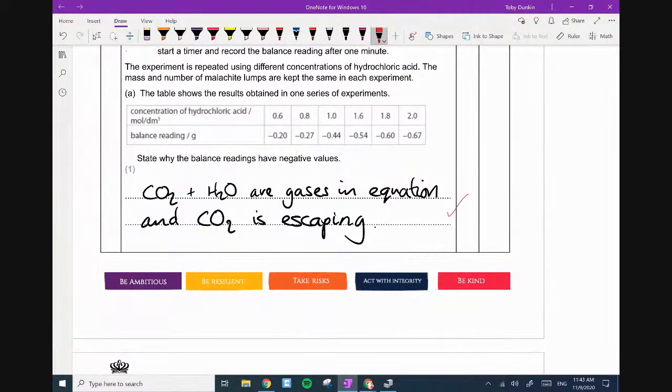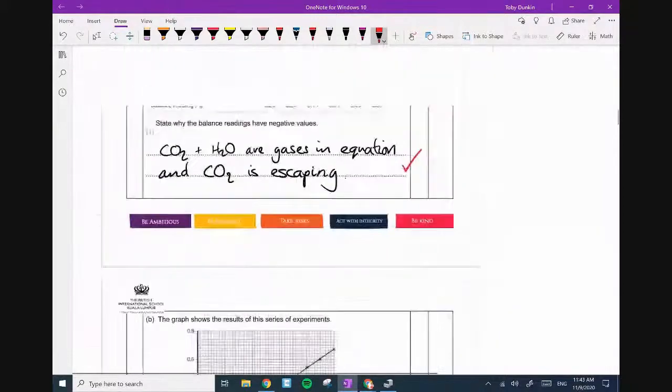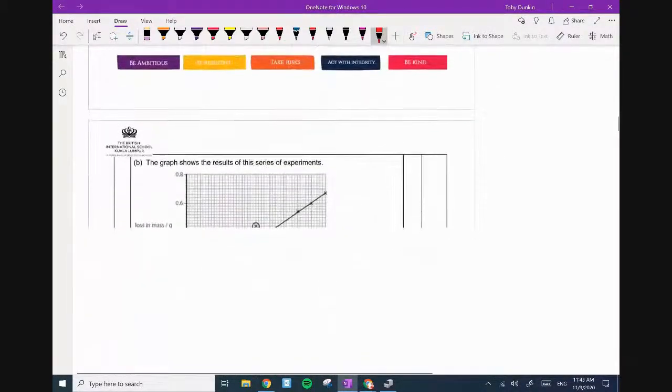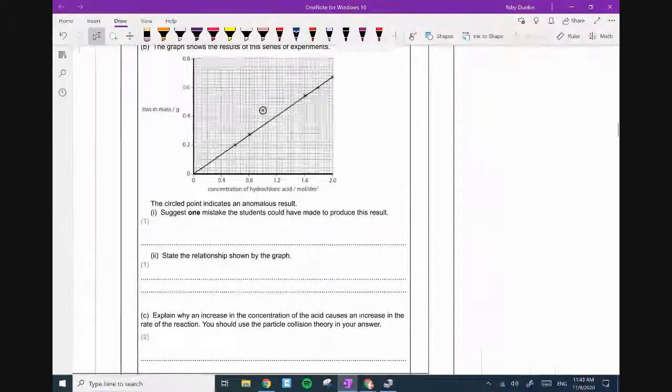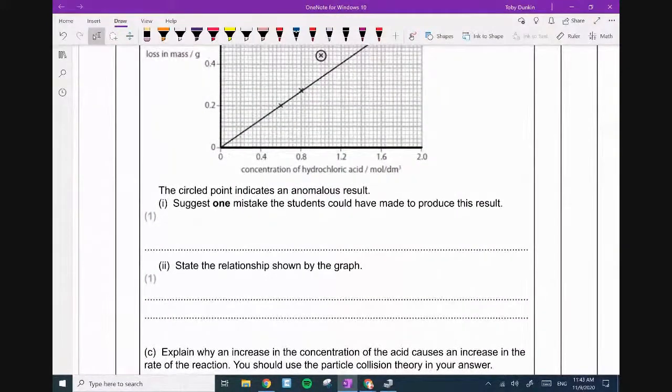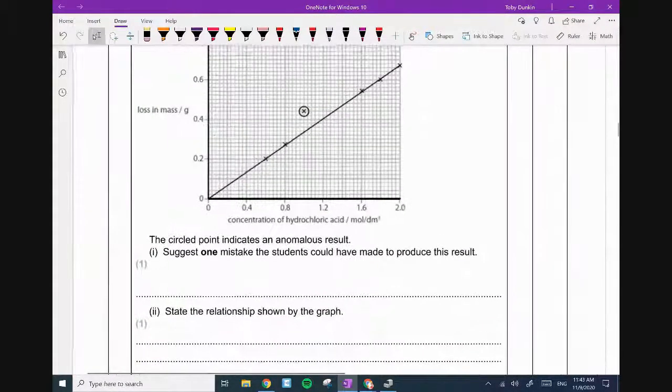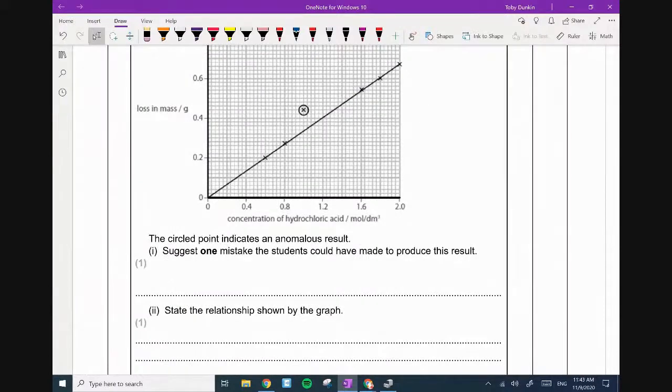I would say that you guys were giving very short answers for that, and you didn't actually need to waffle at all, and I was quite happy with them. But I would say, try to create sentences if you can. So, right, okay, the next one, the mistake has been circled.